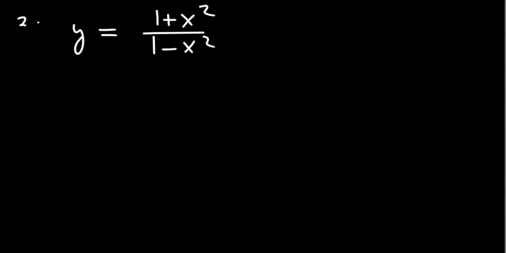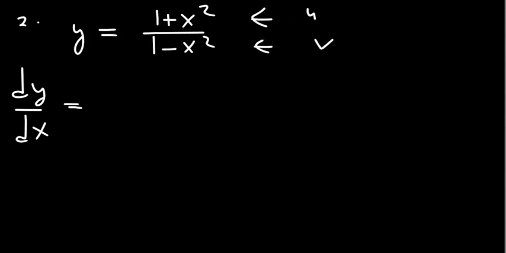Now let's do the following problem. Find dy/dx of this function. So this is a ratio. We can use the quotient rule. The top function, the numerator, is your u, and the bottom function is your v. So let's first differentiate u with respect to x. That's going to give you 2x. Multiply that with v. That's going to give you 1 minus x squared. And don't forget to